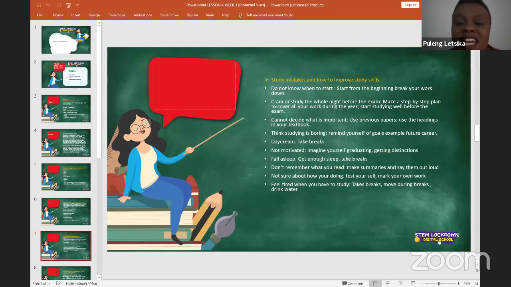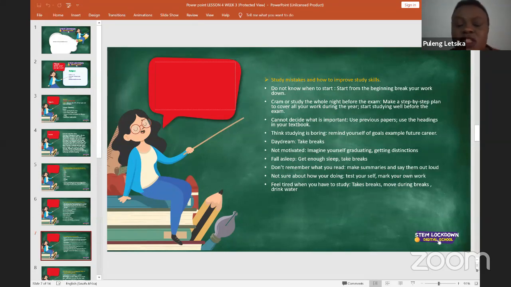You need to make enough time to study during the year and make a plan to cover your work throughout the year. And then you need to study well in advance. So basically, you're also going to set a timetable, and then you're going to make enough time for each and every subject. And you need to study way before your exams, and then leave the day before for revision and getting through your work and making sure that you're able to answer your past exam papers.